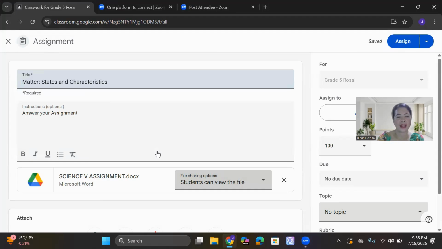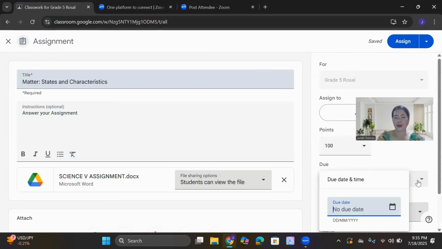Students can view the file. So let us set when they will pass the assignment.